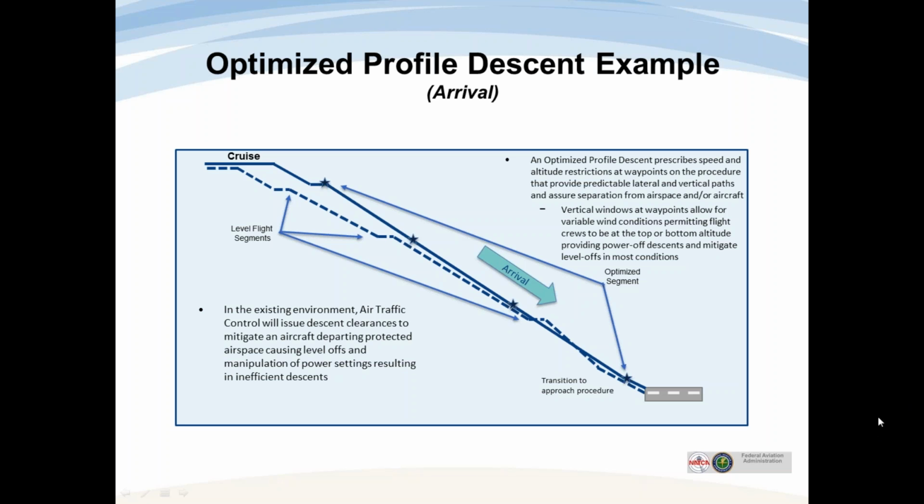Please note the solid blue line. This represents the optimized profile descent. By contrast, the optimized profile descent has built-in speed and altitude restrictions at various points on the route. These restrictions are designed to provide automatic separation from aircraft on other routes by either vertical altitude separation or lateral